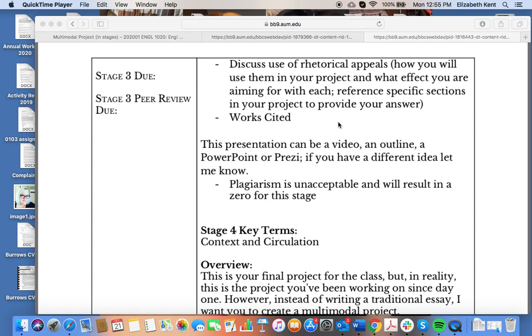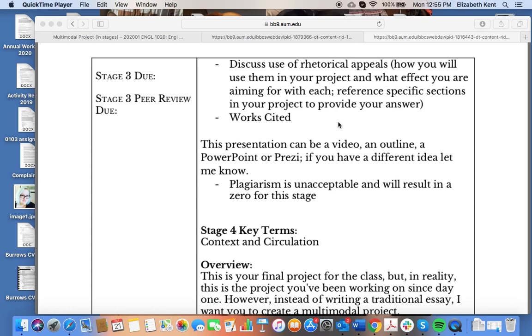And then you can give a works cited. Your works cited is different from your bibliography because the works cited is only the citations for the sources you plan to include. So you don't have to put the annotations or the visual, just the citations for those that you want to include.